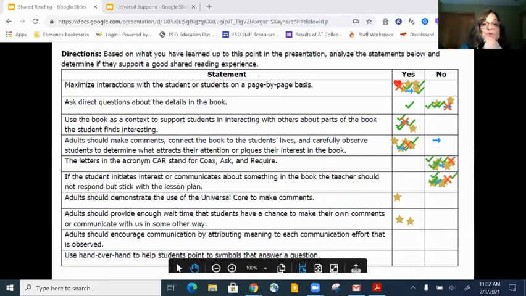Adults should demonstrate the use of universal core to make comments. Okay, getting lots of yeses there. And now some of you who work with students who don't use a core board, sometimes with some of my emergent readers or struggling readers, I might pull a core board out and just help give them another way to help learn that word. And most core words are the words we use 80% of the time when we speak. So they're super easy to model because they happen in everything. And then the other words, like the content specific words, are called fringe. So say we're studying volcanoes. All the volcano vocabulary would be fringe.